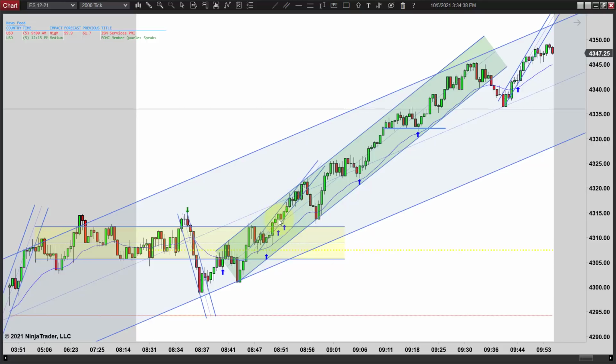It starts running not only the stops of the people that were getting short this time, but everybody that's gotten short all the way across here have been putting their safety stops just above that, and so it hits them and starts running them. And then when it runs out of steam, it pulls back again. We run up and you get a first entry short, a second entry short, and again this breaks lower first and turns and goes out the other side.